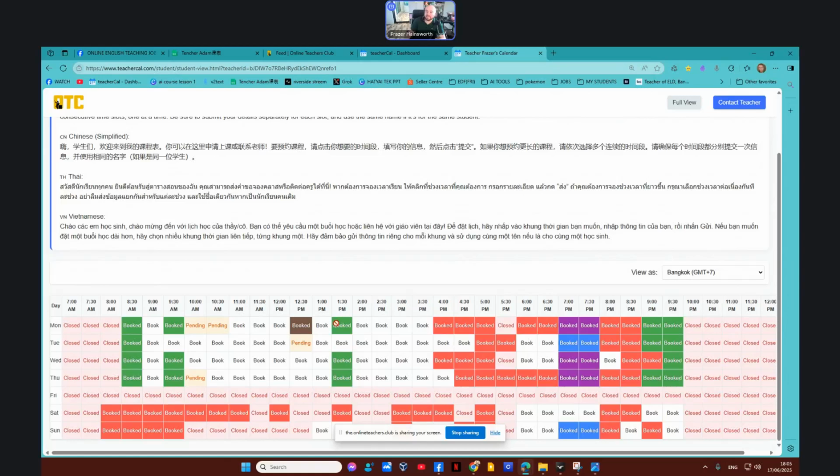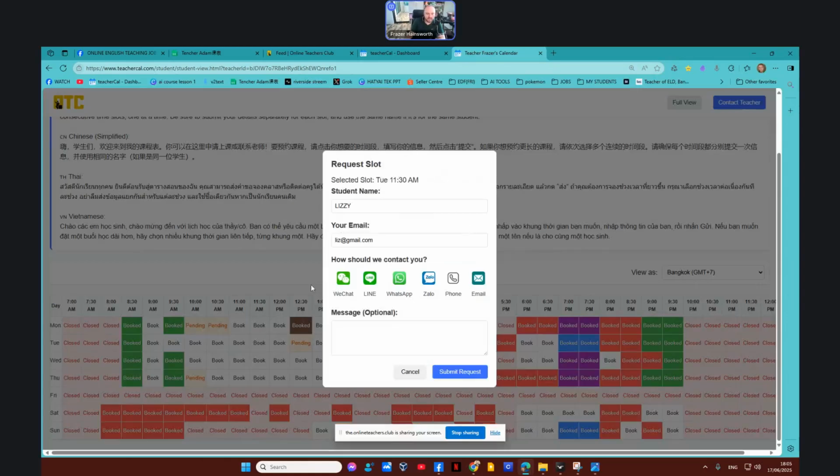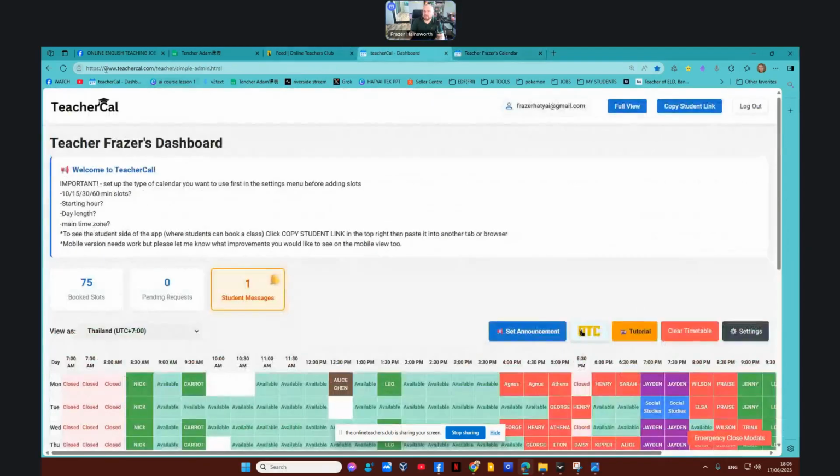You can even hide the booked options and turn them to closed, so your student doesn't know when you've got a booking and when you're just not wanting to teach. To make a booking, the student just has to click on it, put in their information, add whatever contact information they want you to contact them by, and submit a request. For example, if they add their LINE ID or their WhatsApp, they can click it here and add it in the message box, or we can turn that off. Submit request, and then back on the teacher side,